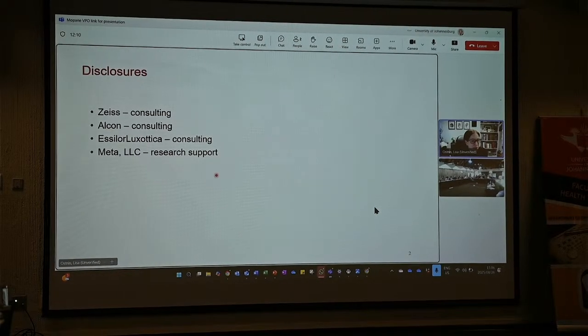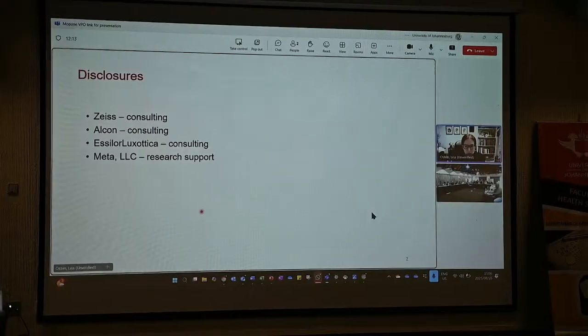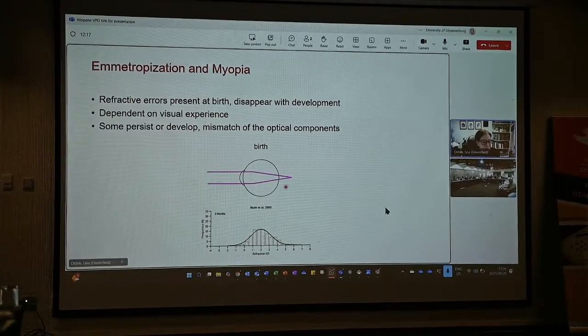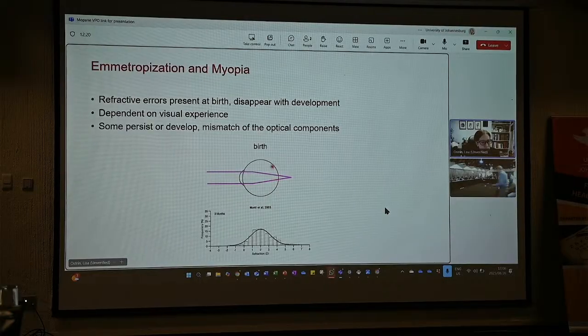And for my disclosures, I do some consulting and get some research support. But now going on to emmetropization in myopia. So when infants are born, there is a broad range of refractive errors that generally span